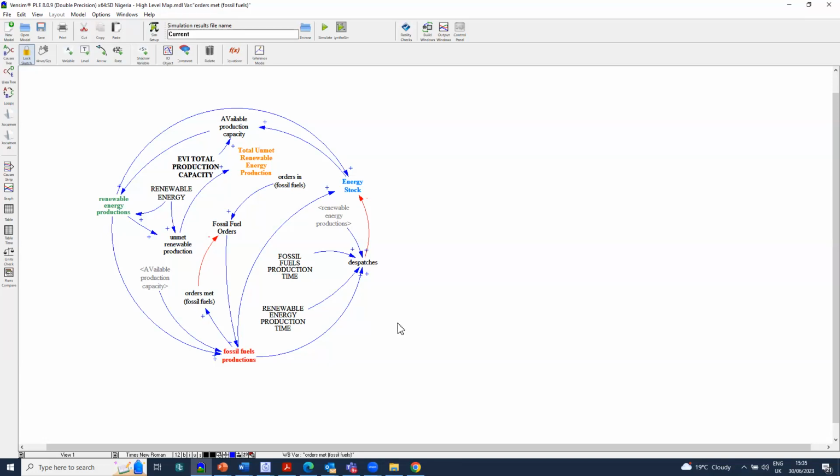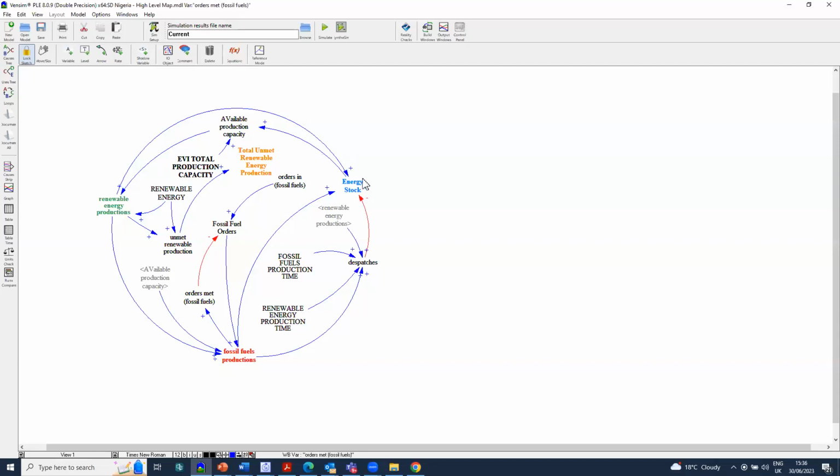But if you want to dispatch, the ability to dispatch depends on exactly what you have in the stock. It's just like money in your bank. To be able to withdraw money, there must be money there already. But if you want to pay into your bank, either through salary or through transfer, the force to put money into your bank must come from outside. So what this is saying is that the force is coming from outside, but in this case, it is negative. The force is coming from inside.